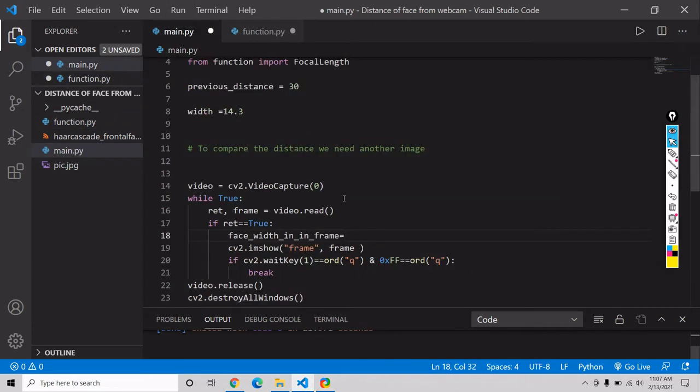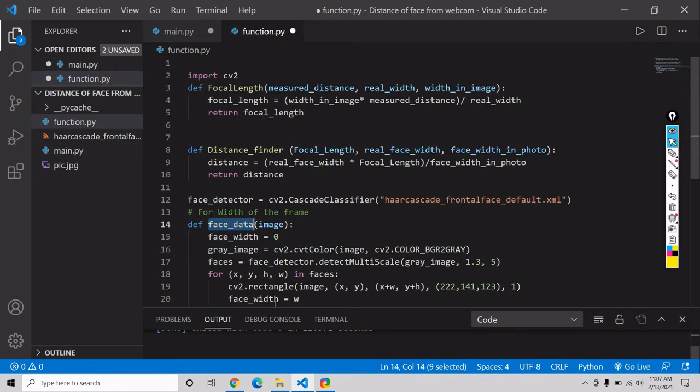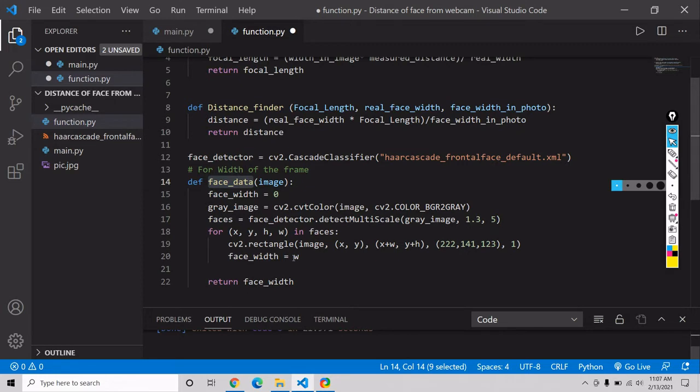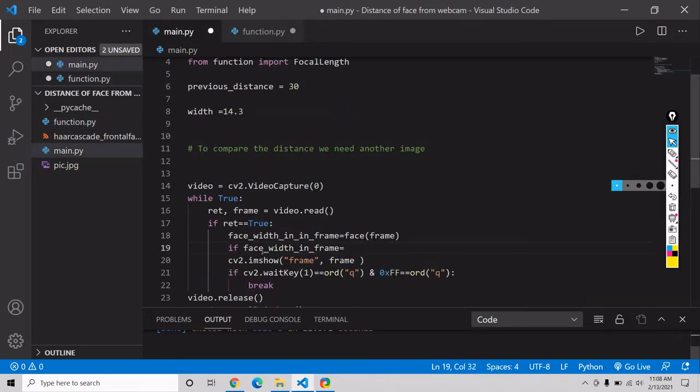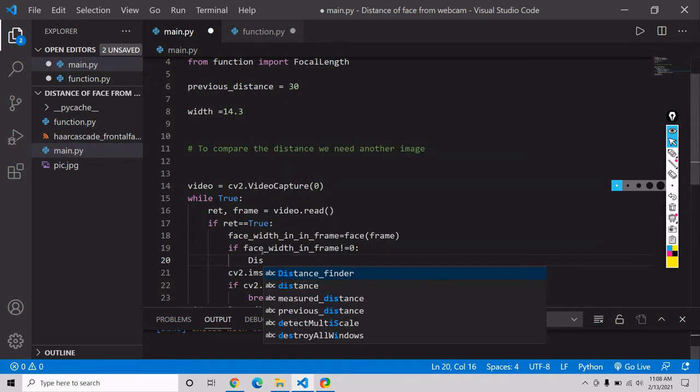So for that we have to pass the frame inside this. Now, inside our face data, we can see here at last it is returning our w, our face width. After that we say if it is greater than 0, we have to find our distance.